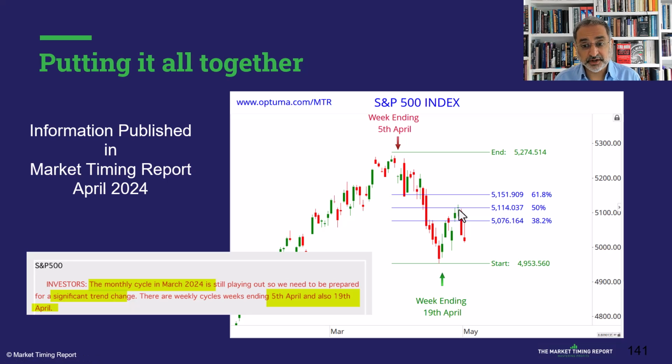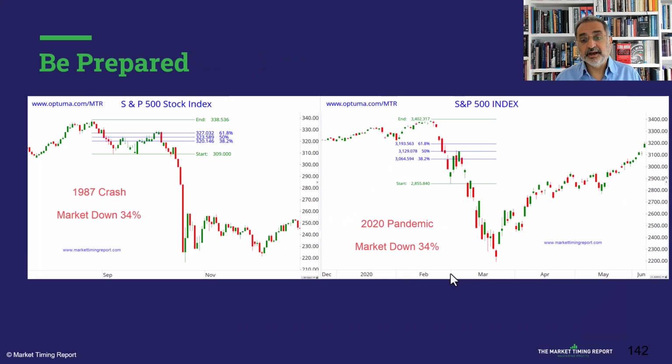This is a potential crash pattern unfolding, not just because of this retracement, but because we have those macro monthly cycles. We've got these weekly cycles coming in here as well. So this is where we're at this moment in time on the 2nd of May. Doesn't mean we're going to get a crash, but we do need to be prepared. So just as a recap there, in the 87 pattern, that made a 50% retracement, came back, and then it went back up and made a further retracement. But the point is that a major monthly cycle suggests a major trend is unfolding, and that can take several weeks, and hence the